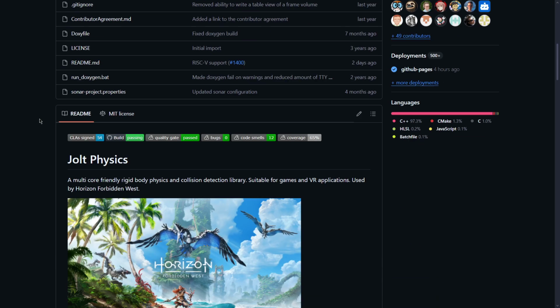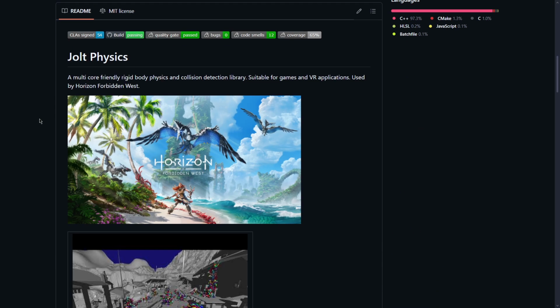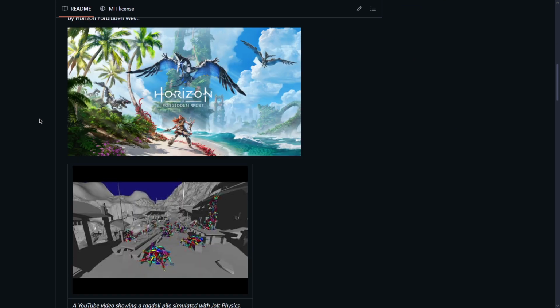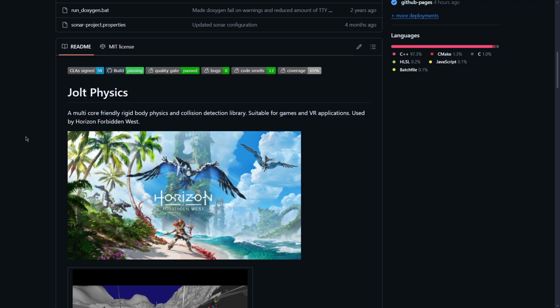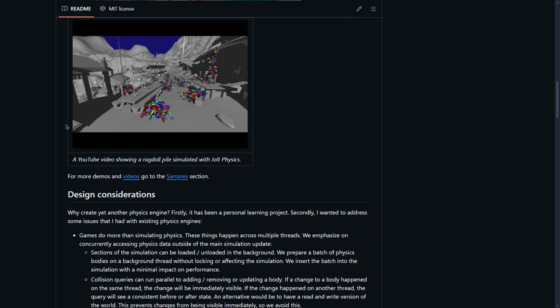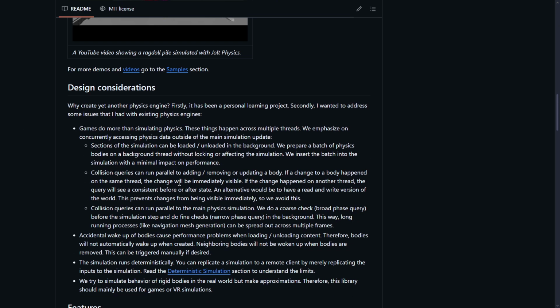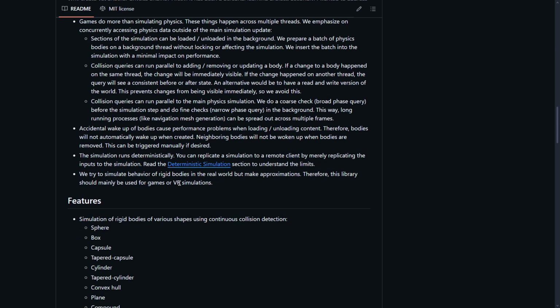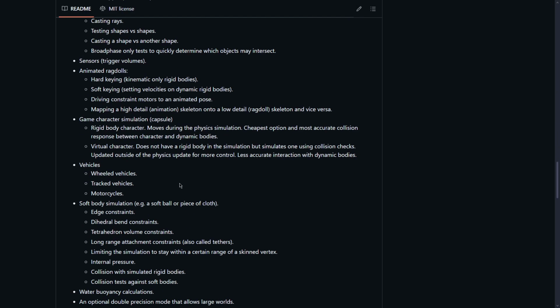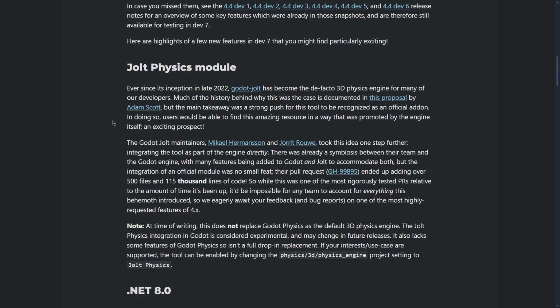Jolt physics is indeed a physics engine that has many advantages, and is quite a bit more stable than Godot physics, and for example has been used in Horizon Forbidden West, a pretty outstanding game. So it does provide some advantages that we have already seen on the channel, such as more stable physics, much better performance, etc. Something that was requested a lot is that Jolt would be the default physics engine,